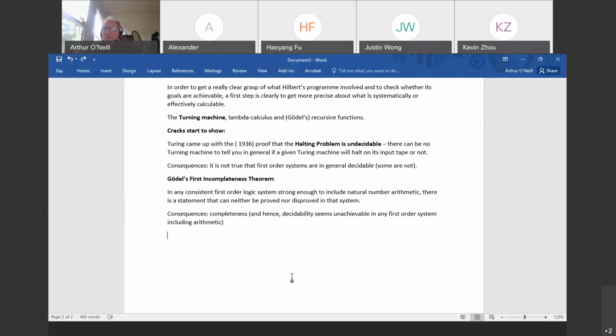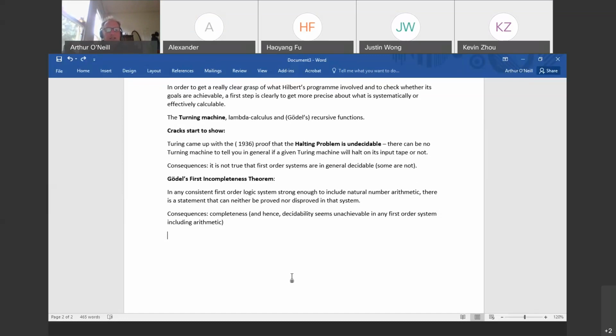So if that statement's true, then it's a statement of arithmetic that's not provable in arithmetic. And if it's false, then it's a statement of arithmetic that's provable in arithmetic, but it's not true of arithmetic. So either way, you've got a problem. Hopefully, it's a statement that's true in arithmetic. So in that case, it's a statement of arithmetic that's true, but it's not provable in arithmetic, in first order arithmetic. So Gödel's first incompleteness theorem